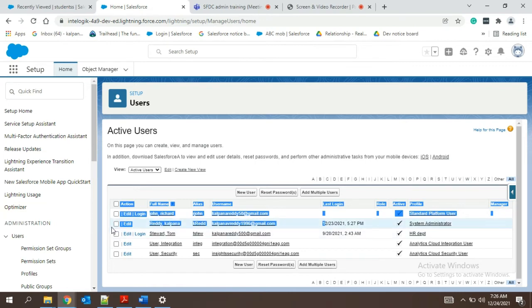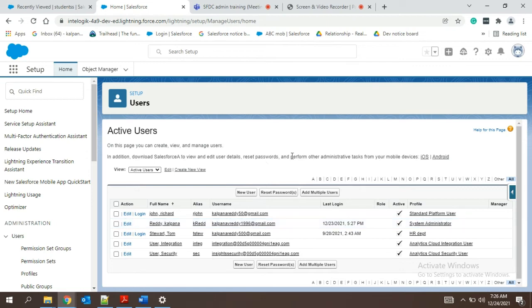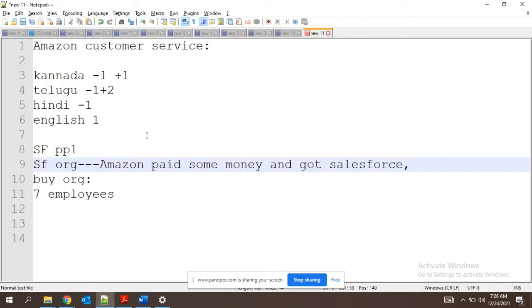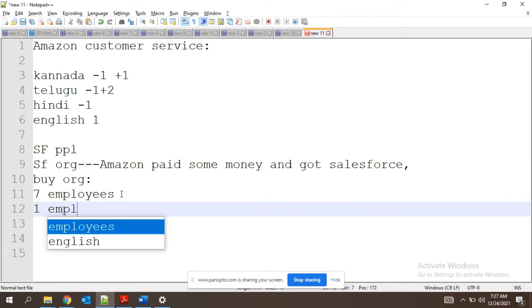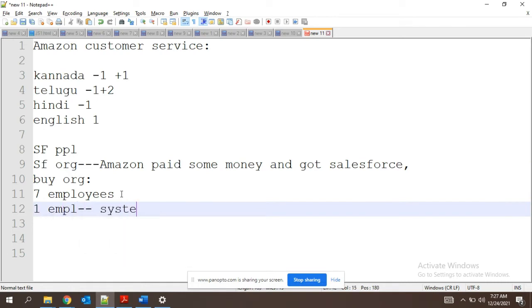With this user, you have to start creating new users. Once the org has been given access, we have to start adding the users into the organization. Total seven employees. By default, one employee is given, who is the system administrator. Every time we will have the profile of system administrator, which means we are authorized to create any users, create any data, and manage everything.